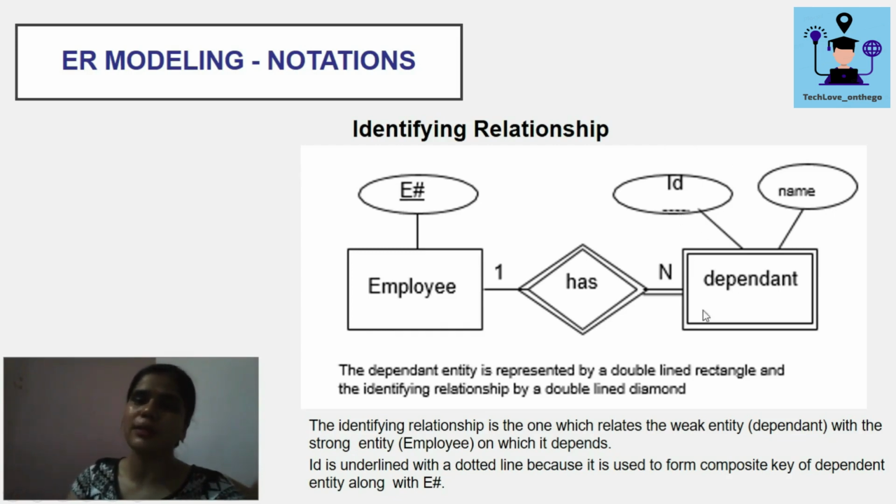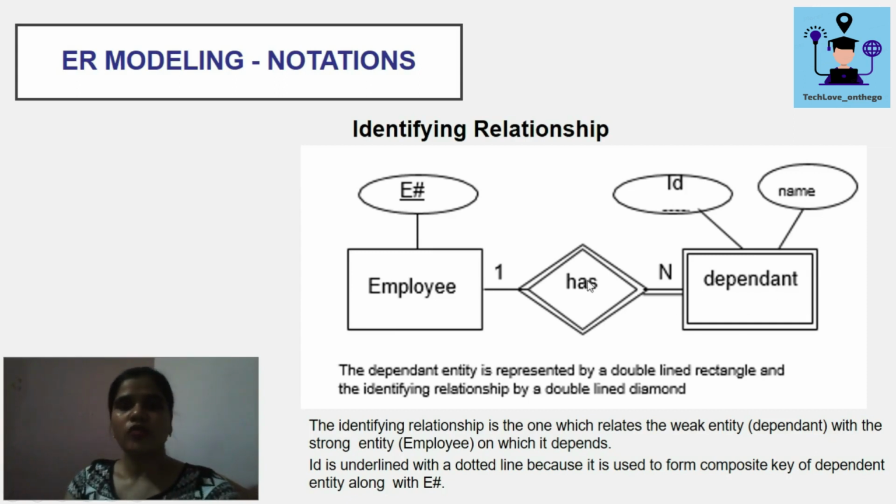So this dependent entity set will have two attributes as a key attribute, like this employee ID and this ID. So we are considering this ID, which can work as a key attribute for this dependent in combination with this employee ID, and we will represent it with the help of these dotted lines. Okay, so this dependent will also have some name. So we can see here this weak entity set can have some different attributes.